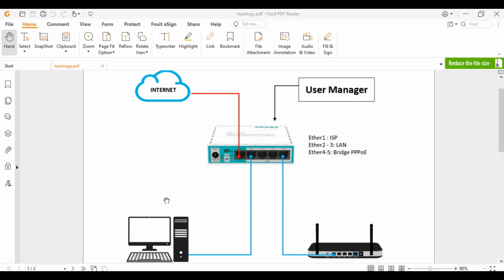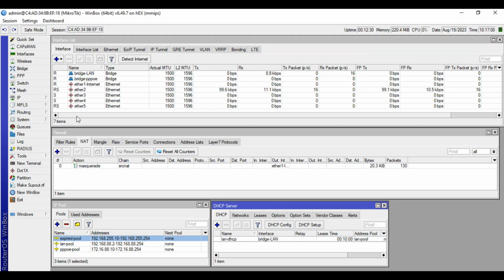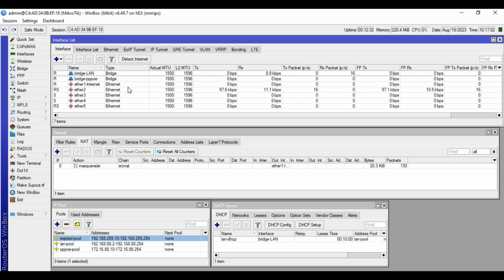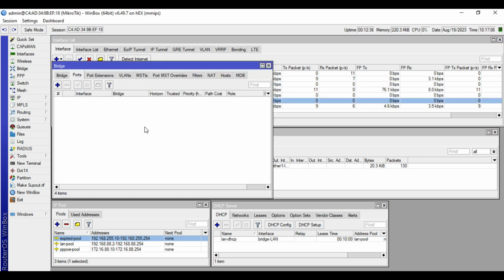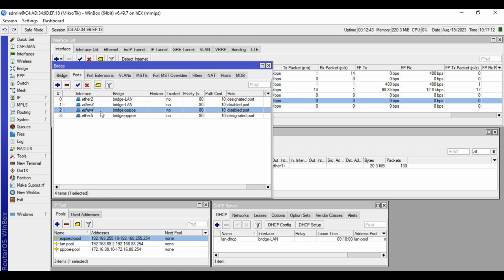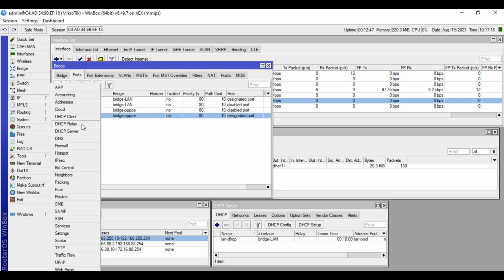I'm already done configuring this setup on the Mikrotik device. I will just do a quick run through. So let's access our Mikrotik device. Here in the interfaces, bridge, ports in the bridge, then IP DHCP client for our internet,